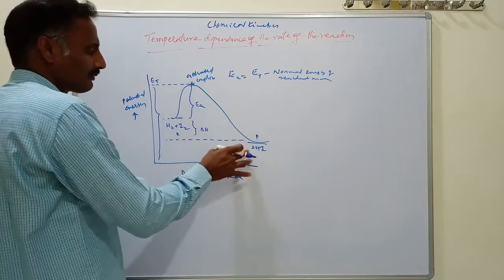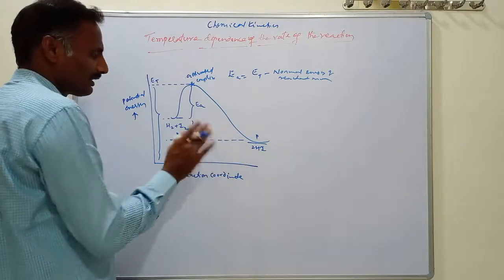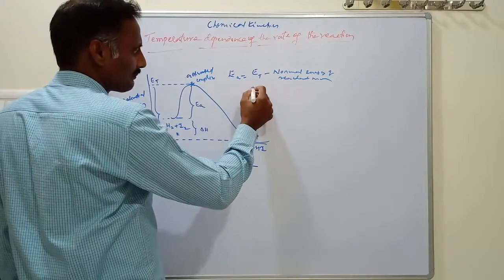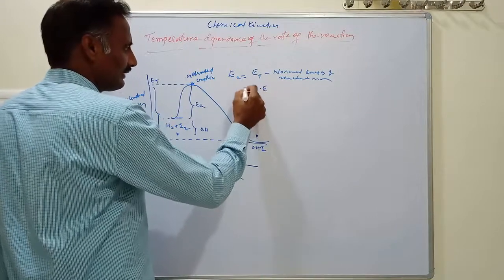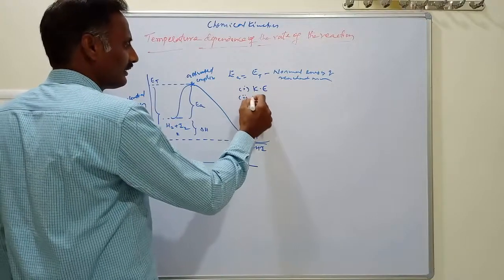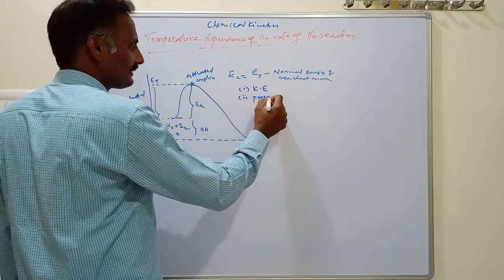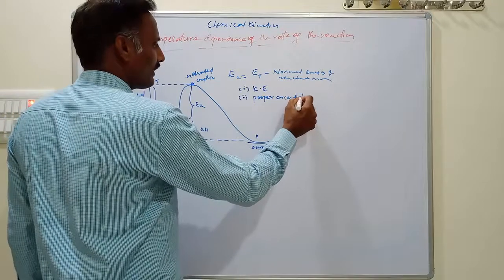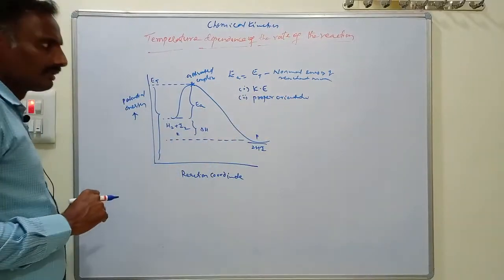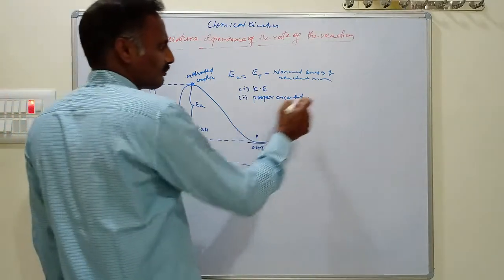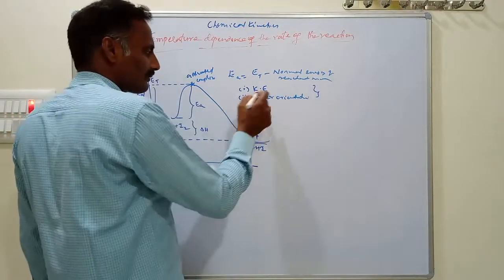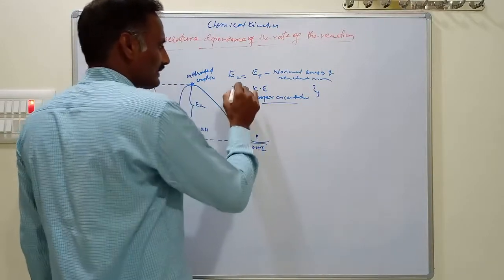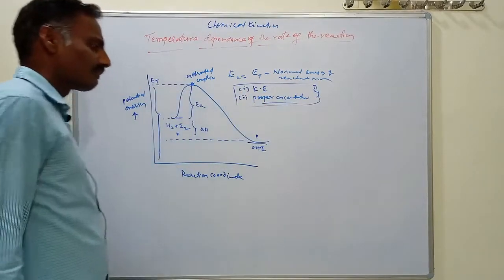That's why for the formation of products, the reactant molecules should satisfy two conditions. One is that the molecules should have sufficient kinetic energy. Sufficient kinetic energy is one factor. The second factor is that the molecules should have proper orientation. Without proper orientation, you are not getting effective collisions. To become effective collisions, these two conditions are important. These are the two conditions necessary for effective collisions to form the products.